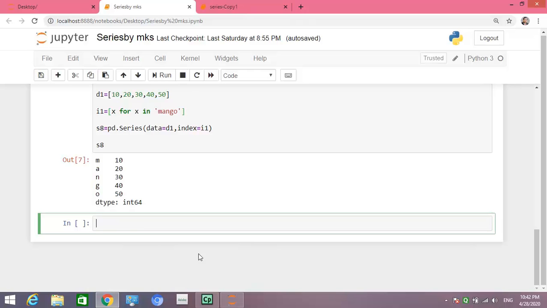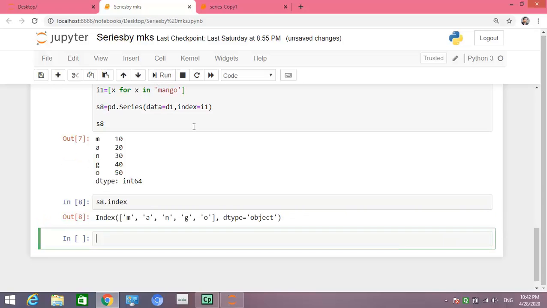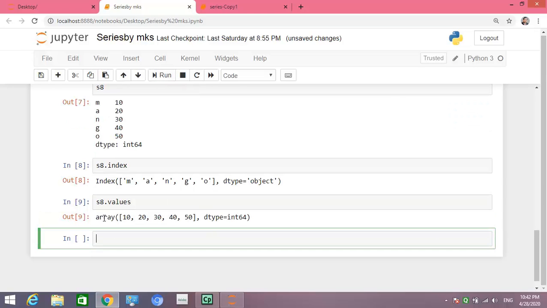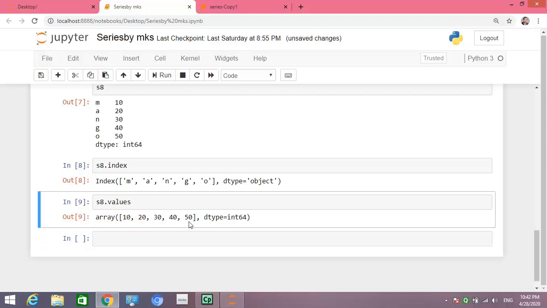If you want to show the index, we can write S8.index, and just run it. It is giving the index as MANGO. Similarly, you can write S8.values. So it will give you the values of the series. Values of the series are 10, 20, 30, 40, 50, and the index of the series is MANGO.